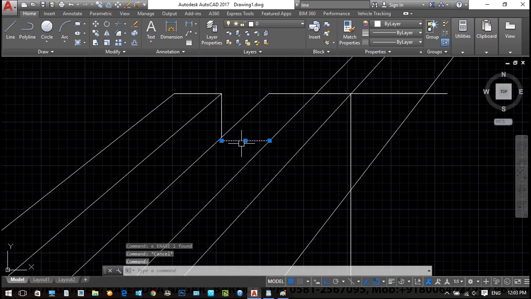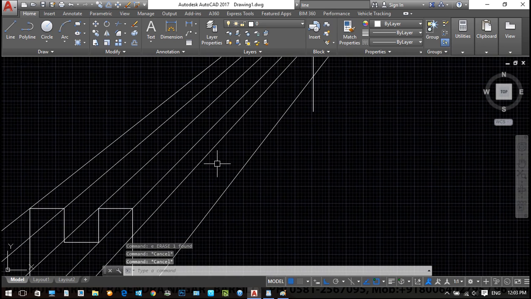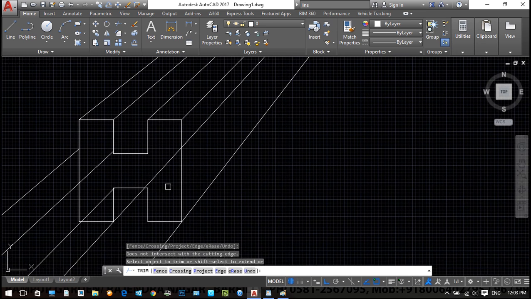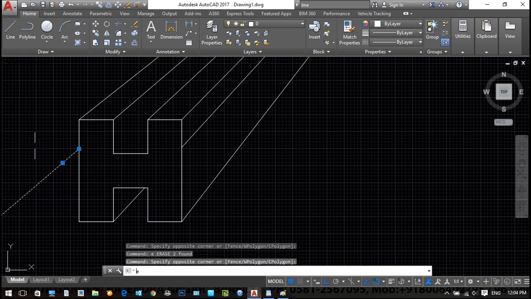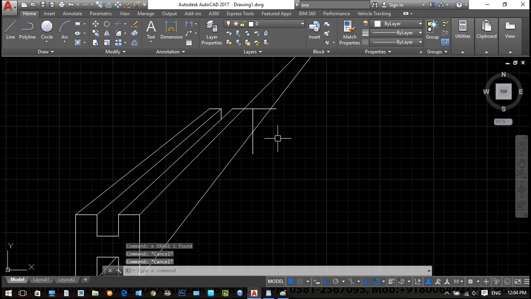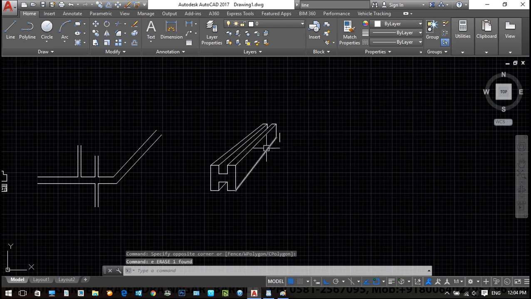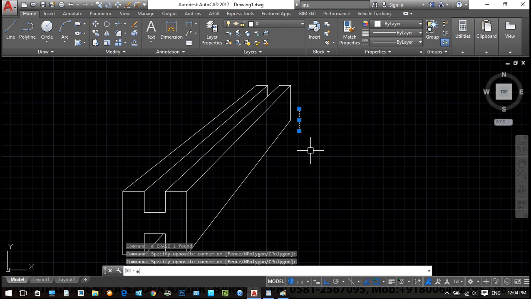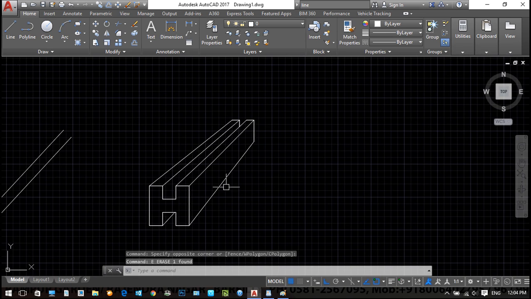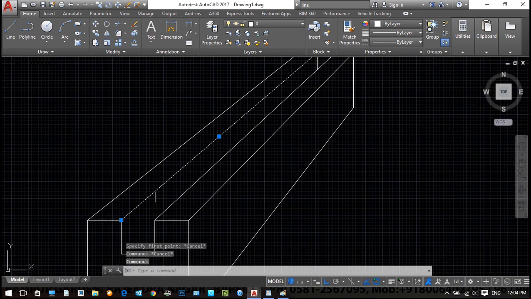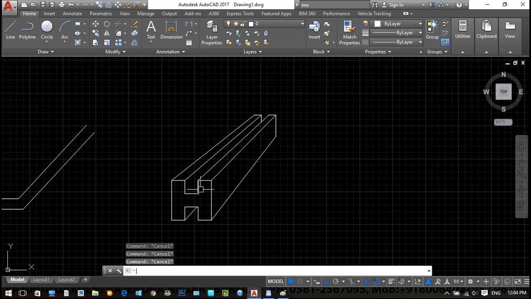This part is not needed, nothing will be visible from here. Trim. Now this is extended, this is the extended part, so that you can see. This is a perspective drawing. Okay, this is a perspective drawing of